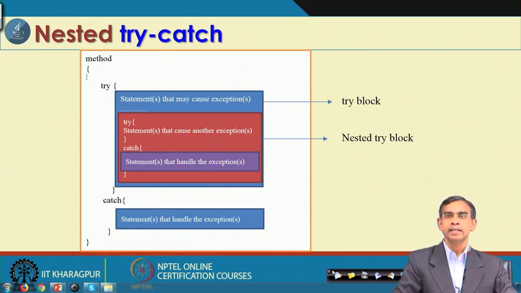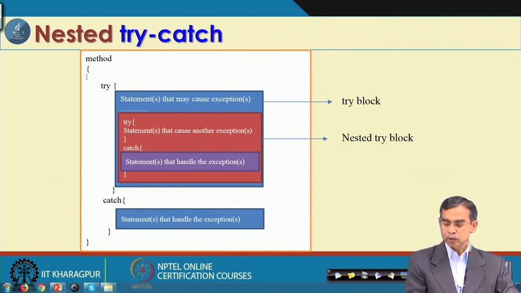has a scope where the nested try catch can be implemented. Now, here is an example to include this concept, called the nested try catch. Nested means a try catch block within another try. There is no limit of nesting: a try catch block within a try, and within that try catch block another try catch, like this. And obviously the question is what is the purpose, why we should do that.